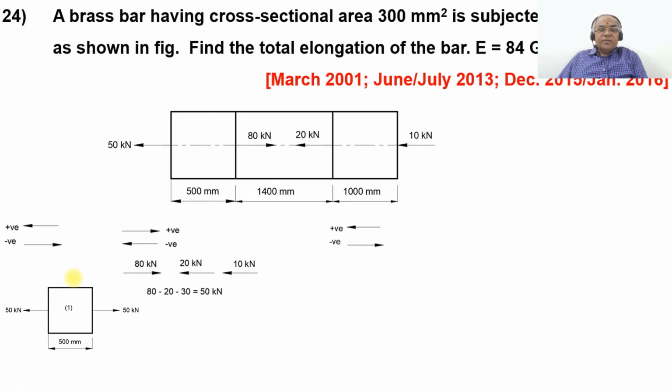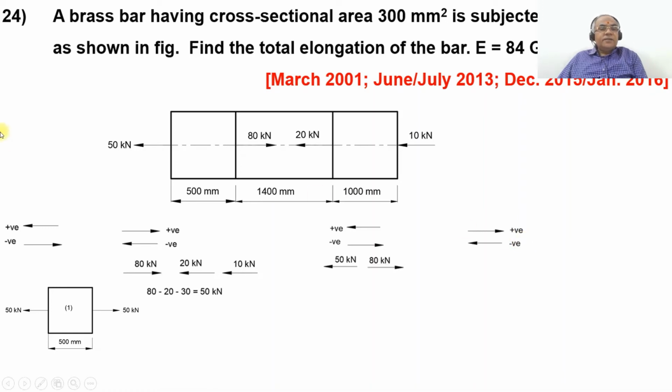Similarly, when you are considering the second section of 1400 mm length having 300 mm square at the cross-section, again on the left hand side, the load acting toward the left side is tensile, it is positive, and acting toward the right side is compressive, it is negative. And similarly, on the right hand side of the second cross section, acting toward the right side is positive because it is tensile, and acting toward the left side it becomes negative because it is compressive. So if you are considering these sections,